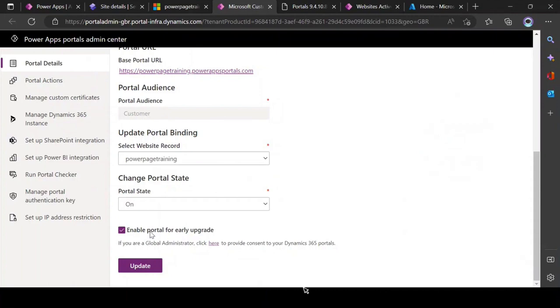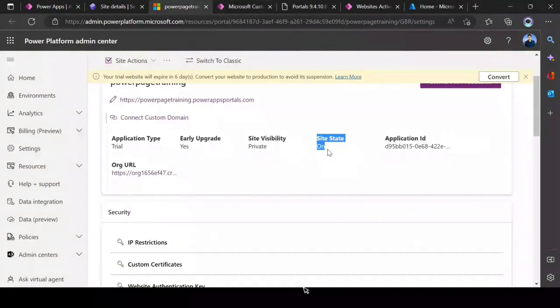Okay, but sometimes you can enable the settings on your development environment or in the test environment, but you may not want to enable directly into the production unless you do the testing of that feature, because it may impact a lot of things if, without any testing, you are incorporating any new feature in the Power Pages site. Okay. So this feature is about that, and site state is currently on